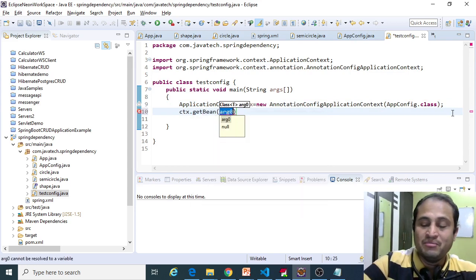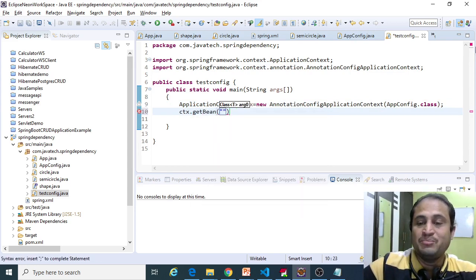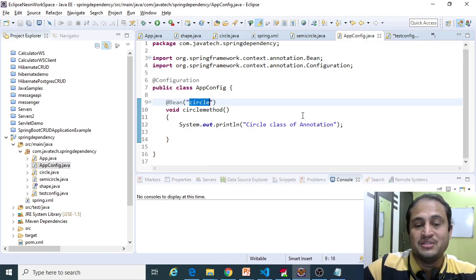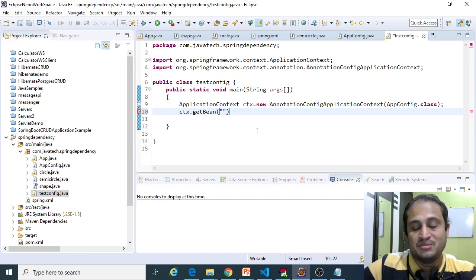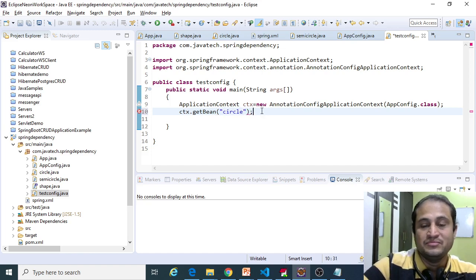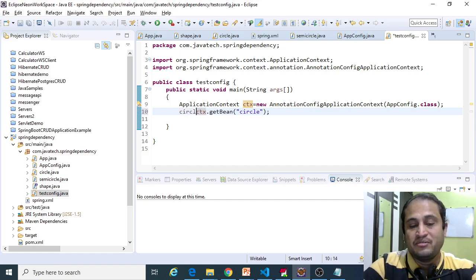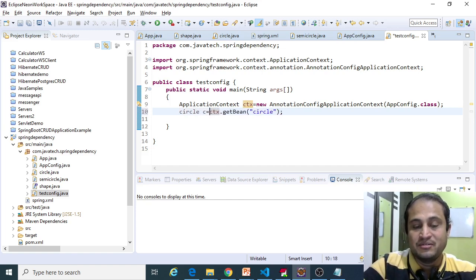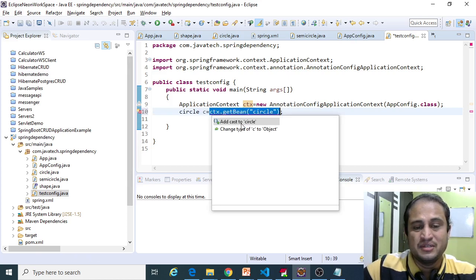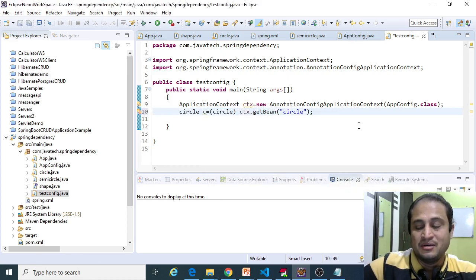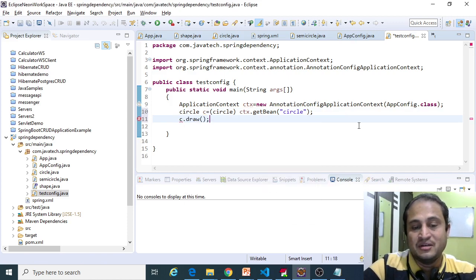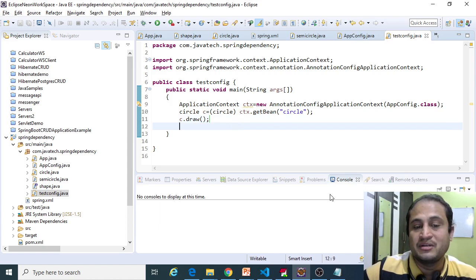What is the bean name that we have given? The bean name is circle. So I think I need to typecast: Circle c equals the typecast of what it gives, and then c.draw method, our old draw method.